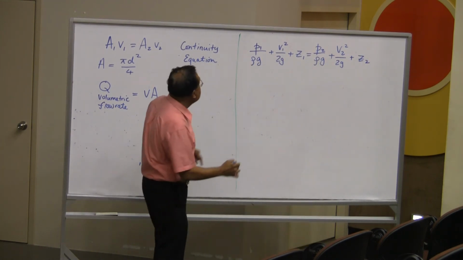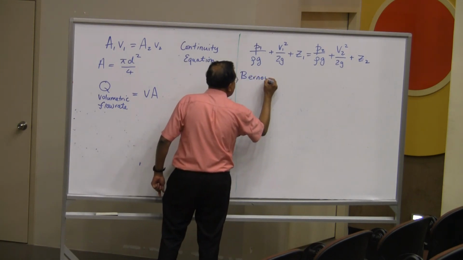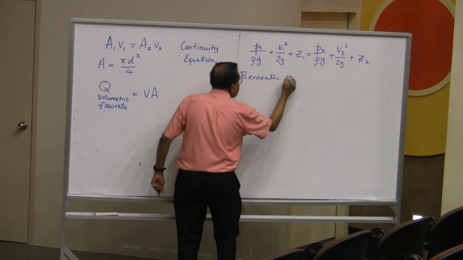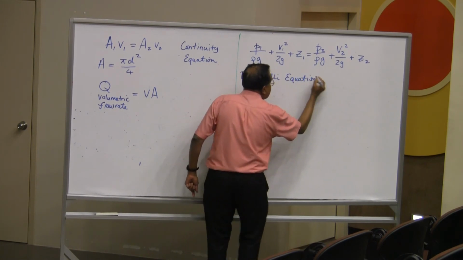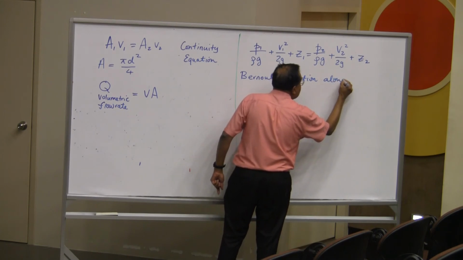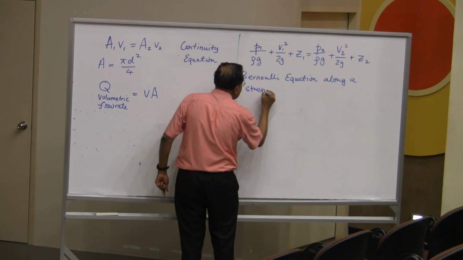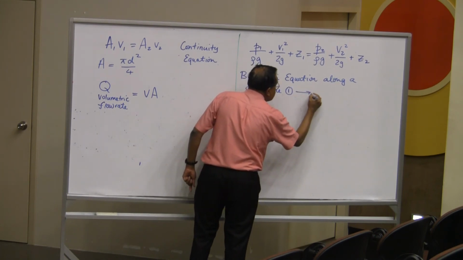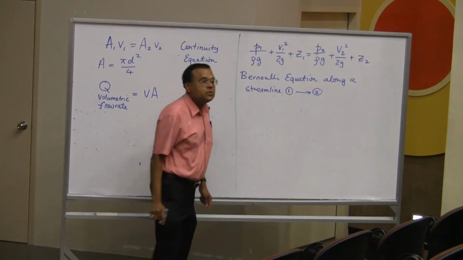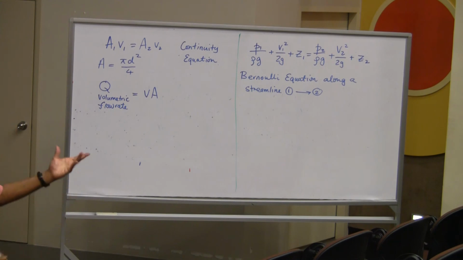So this is Bernoulli's equation, along a streamline from 1 to 2. So you are expected to be able to quote this, and you need this when you're doing